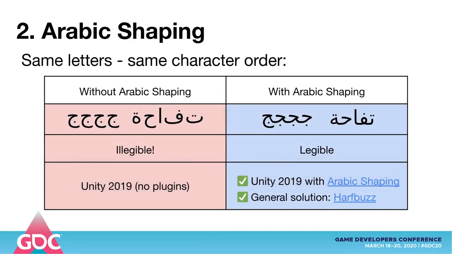Required feature number 2, Arabic shaping. I have 2 examples. The one on the left is illegible, and the one on the right is legible. So, even though the position of the letters is the same and all letters are the same in both examples, the one on the left is illegible because those letters need the correct alternative shape. Those shapes are in the font's file, but they're not called correctly. In the Unity engine, you'll get the illegible result by default. Thankfully, there are plugins to fix this issue. Even if you're not using Unity, you need an Arabic shaping plugin such as HarfBuzz to make the letters and replace the original shapes with the correct shapes of the letters in the text.